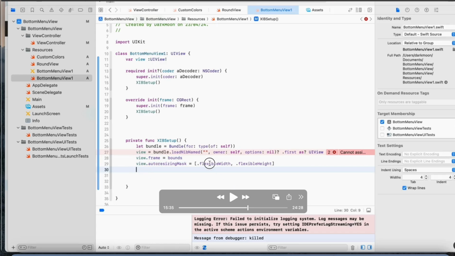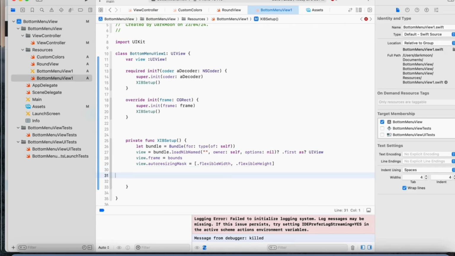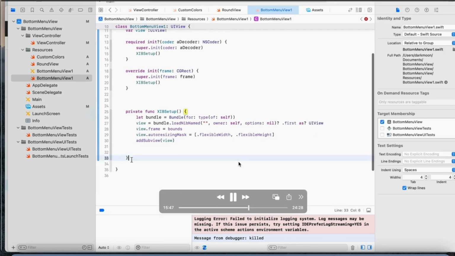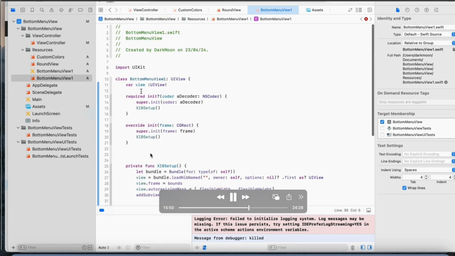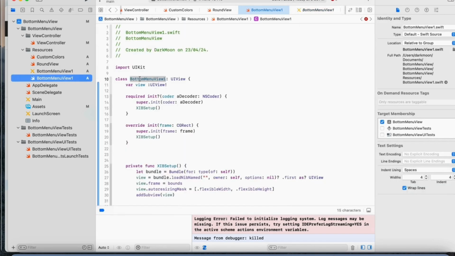So we will be giving the flexible height and width, and for the frame we are giving the bounds, and we will be mentioning the load nib name, a particular string value. This view we are adding as a subview. Now the other most important part is that we will be returning the UIView. Before that,